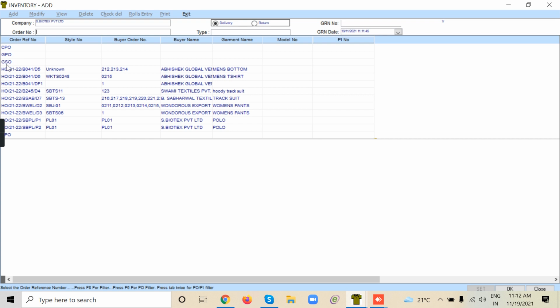If we are selling material, let us say we are selling some old fabric, then we can do a sales order, and we will mark it as general sale order. In that case it will become GSO. And the last one is, what is this? That is RPO, I think. Reprocess order.